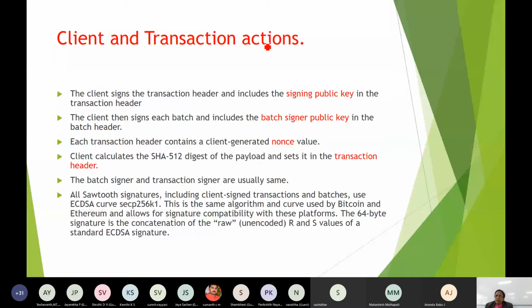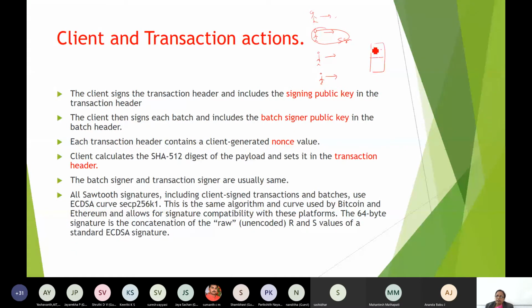What will happen here is, suppose there is one client, second client, third client, fourth client. Okay, this person will submit one transaction. All of them will submit, right? Say this person will sign. He will also be the one signing that particular transaction array.